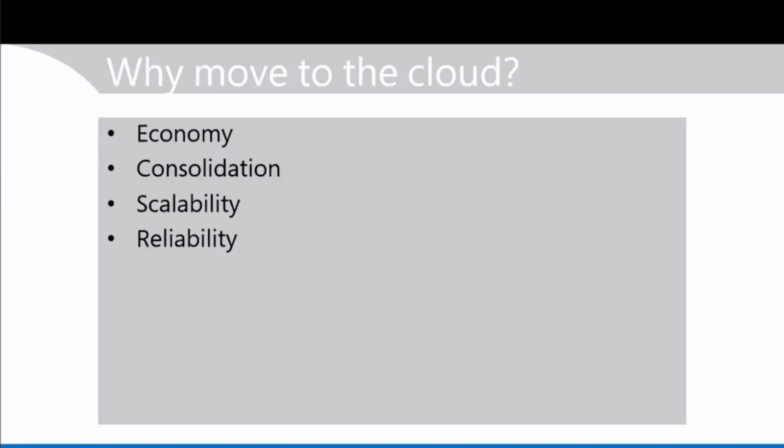Reliability. That's not to say that somehow an on-prem network is unreliable. It won't be. It's just that you have to plan the high availability and reliability solutions so that you can make sure that you can manage around potential failures and loss of data in a way that's useful to your organization.